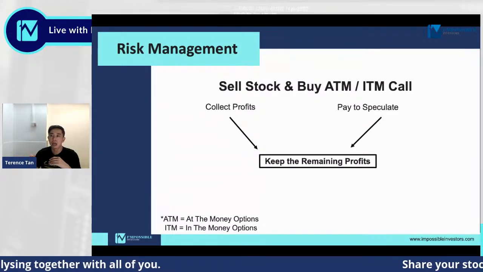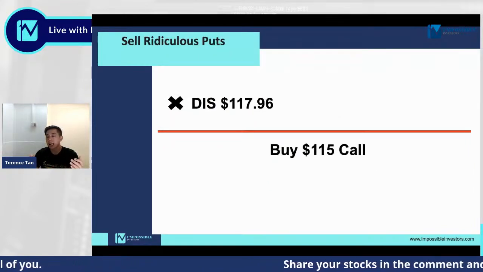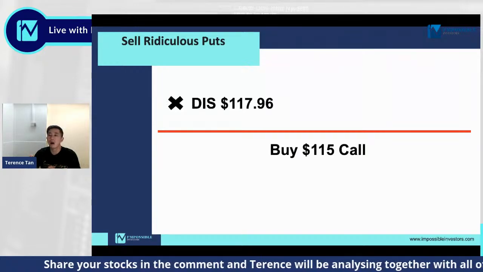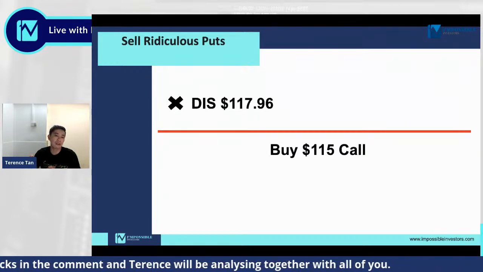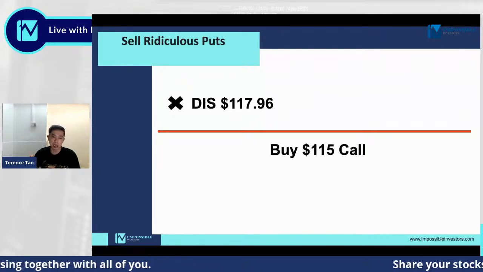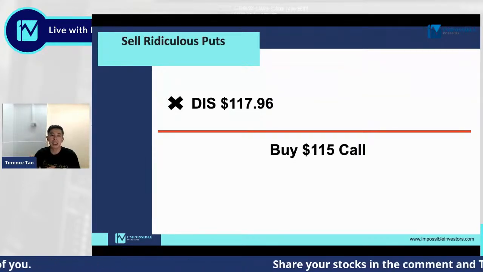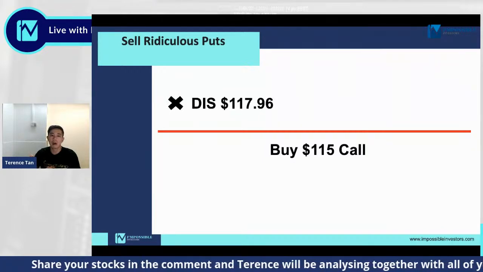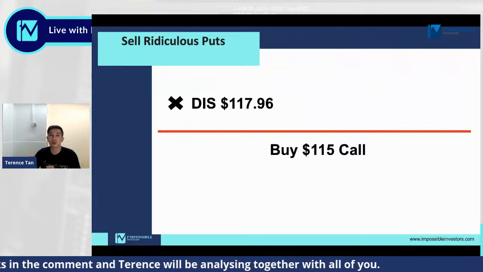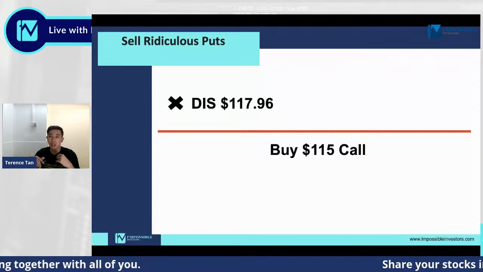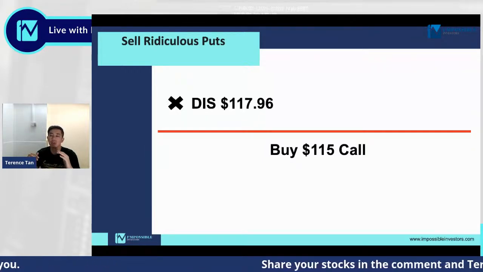Now, just a quick example, let's say Disney was the stock. So you bought Disney at 50 over here, and it shot all the way back up to $117 right now. So you're really happy because you doubled on your initial investment. So you might think that Disney could continue to go back up to 140 where it fell from, but at the same time, you fear it could go back down as well. So what you could do is realize your profits where you bought the stock at 50, for example. So you're realizing a